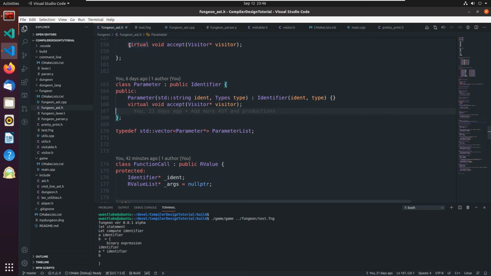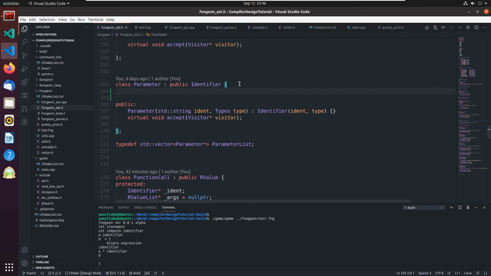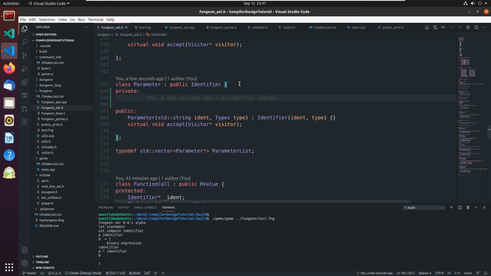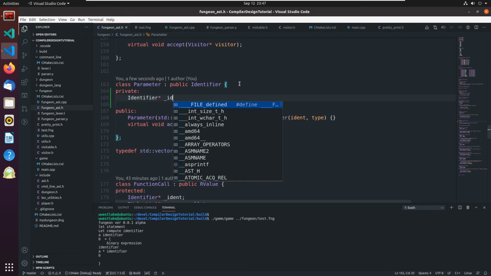That's a mistake. What we really need to do when we have a parameter is instead of having this string identifier here, and it's fine that it can act like an identifier, but what we want to do is have an identifier pointer _ident